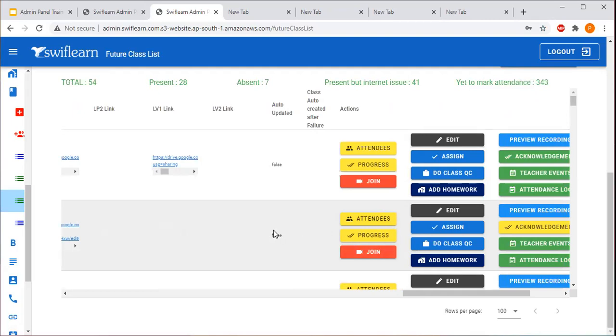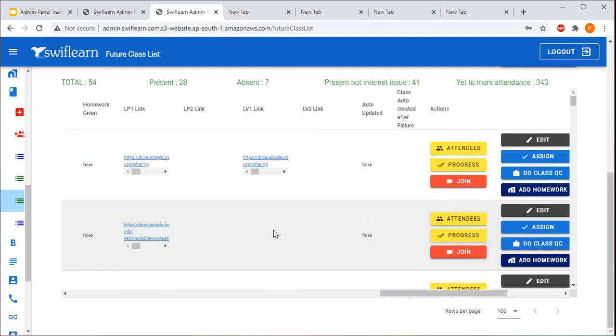Now, before teaching you this option, we have to inform you about this lesson plan link. As per the lesson plan link, we have two rules. First rule says, suppose this PPT contains 20 slides and in today's class, you end the class at 15 or 16 slides. So after the class, no need to assign the homework. But yes, if you are completing all the slides, then after the class, you have to assign the homework. So what I mean to say here, on completion of every lesson plan, teacher have to assign the homework.